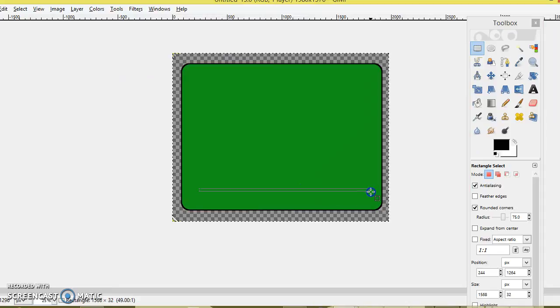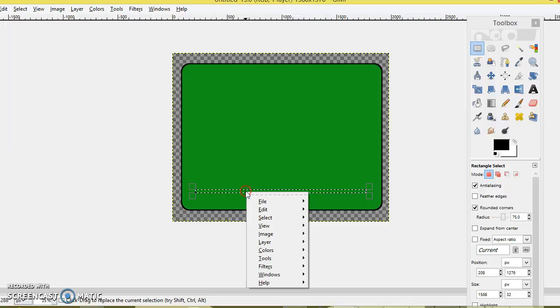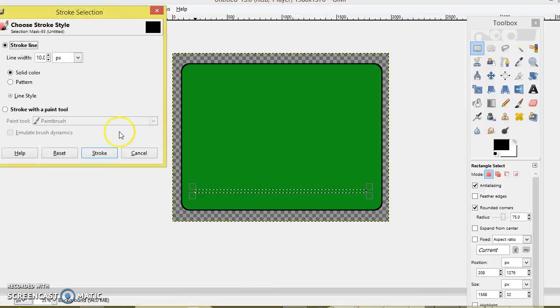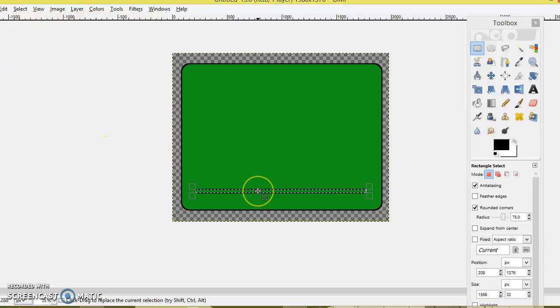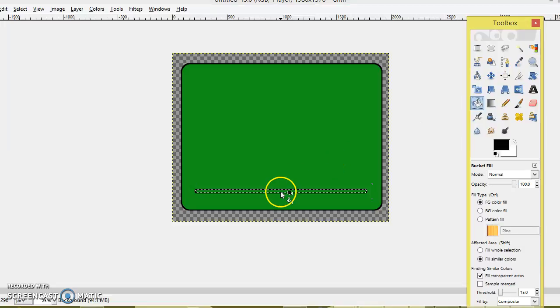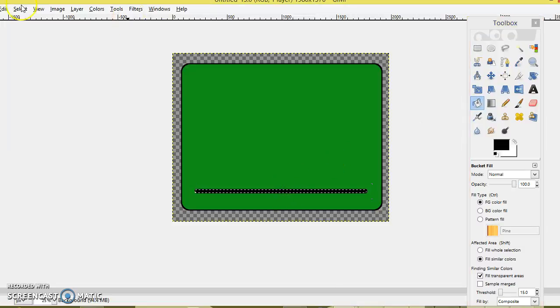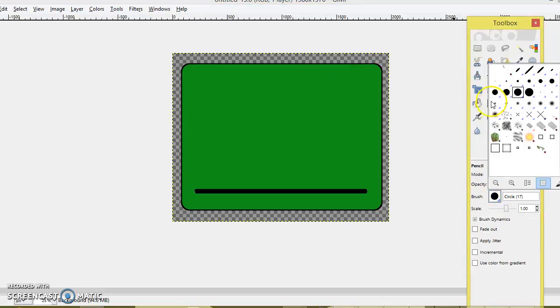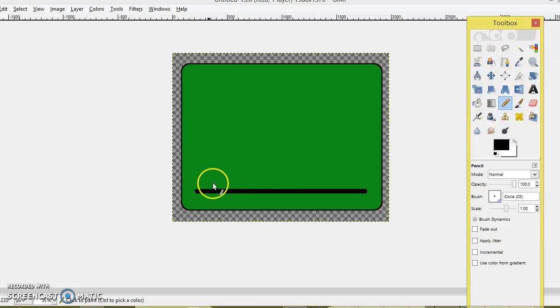So once again, this is for when I want to make a line. I use the rectangle tool, Edit, Stroke Selection, Stroke Line, boom. Bucket tool, fill the inside, Select None, and that's how you do it. Then I click the pencil tool. Go to the pencil,